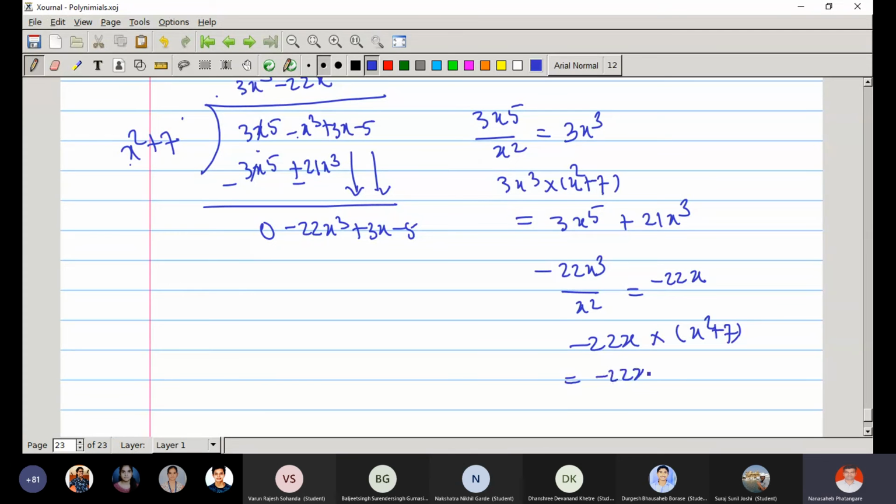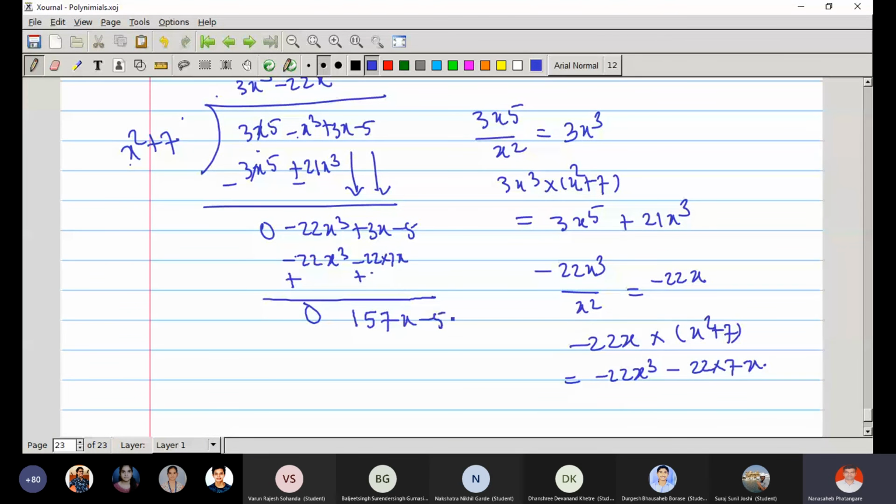Minus 22x cube minus 22 into 7x, whatever this number is, so minus 154x. So okay, now change the sign. Minus 154x and plus 3x, what will it be? So now plus 154x plus 3x,